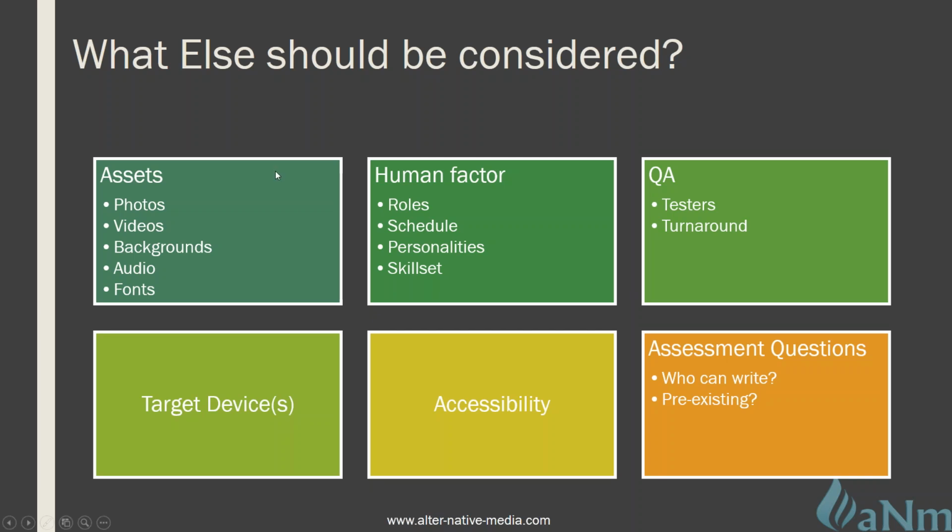And also, as I mentioned, what else should be considered? Well, remember that people that are outside of your realm of control, like the people that QA your stuff, even if you do your own stuff, you know that it actually takes time, both to go through whatever your content is, as well as to document any bugs or issues, and to get that fixed in the turnaround. So make sure you plan for these as you do your content creation.